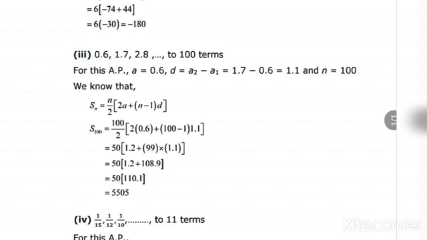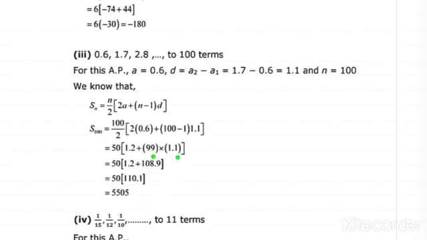Okay, 0.6 multiplied by 2, that is 1.2. 100 minus 1, that is 99, and 1.1 into 1.1 stays as it is. Let's simplify that term. So the simplification is 50, then 1.2, then multiply by 99